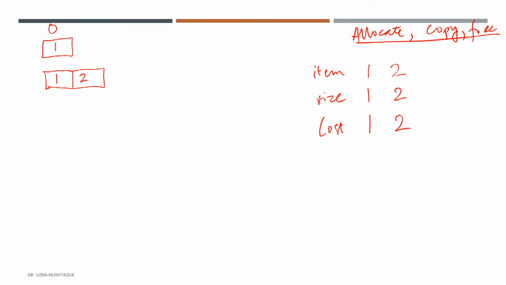Now I have to add the third element, right? And I see that there is no space, so I double the size: 2, 3, and 4. I'm making it smaller because then we might run out of space. There will be some empty space, but that's okay. So when I added the third element, the size of the array is 4. The cost it took is 3 because I copied these 3 elements. In this step, I copied it to the new array, and that's it, right?